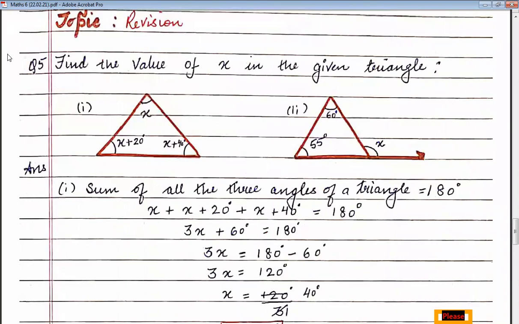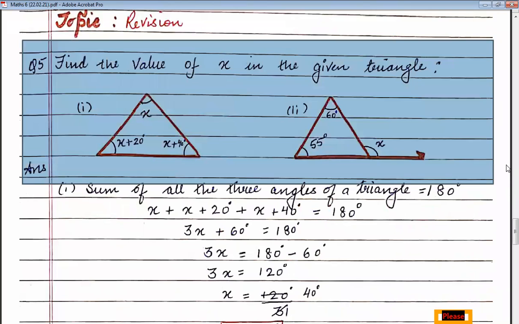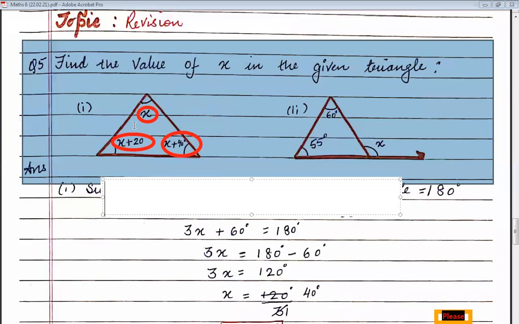That is your question 5. Find the value of x in the given triangle. Now children, the first one is a triangle in which the angles are given as x degree, x plus 20 degree, x plus 40 degree. Now children, you know the angle sum property: the sum of all three angles is always equal to 180 degree. So you can write that